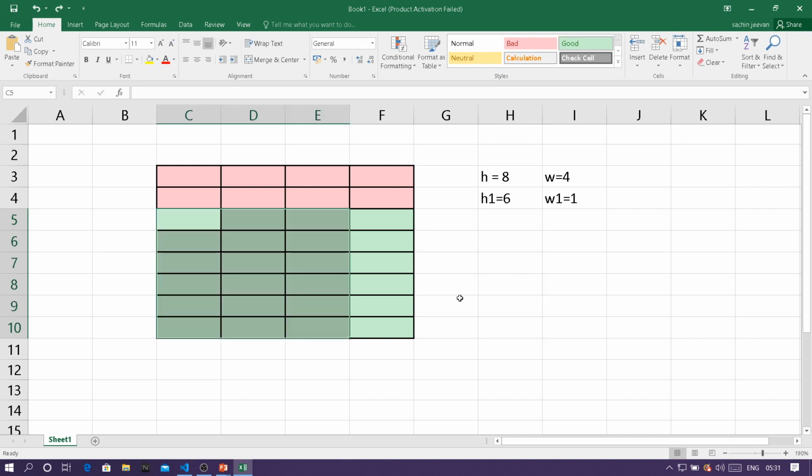So what is the maximum that you can do? The maximum that you can do is half. If 4 is the width of the entire paper, then you will only be able to fold 2 units, half the unit. 4 divided by 2, 2 units. Then only these 2 units will exactly merge with these 2 units. Suppose you are trying to fold more than h divided by 2 or w divided by 2, it will lead to a